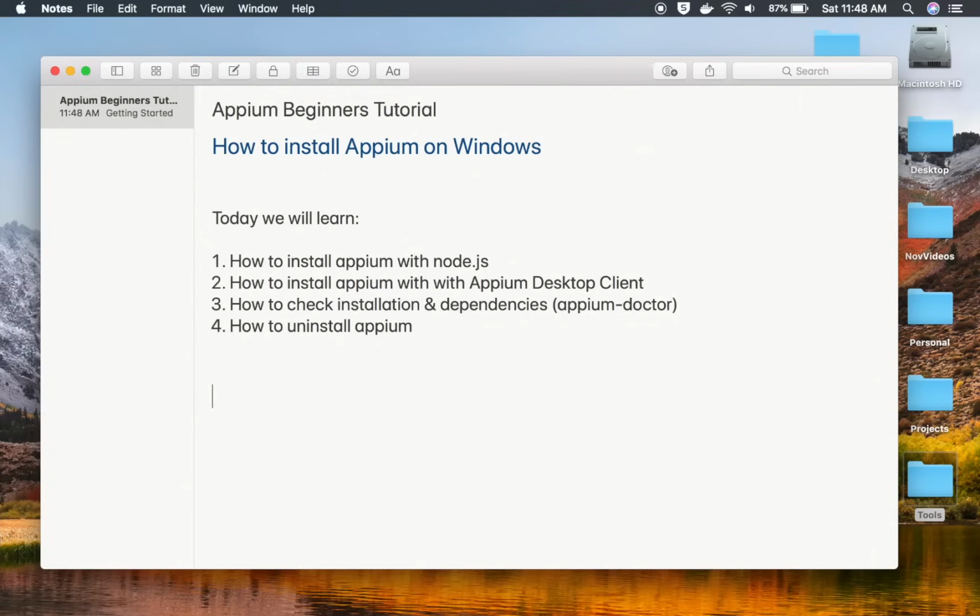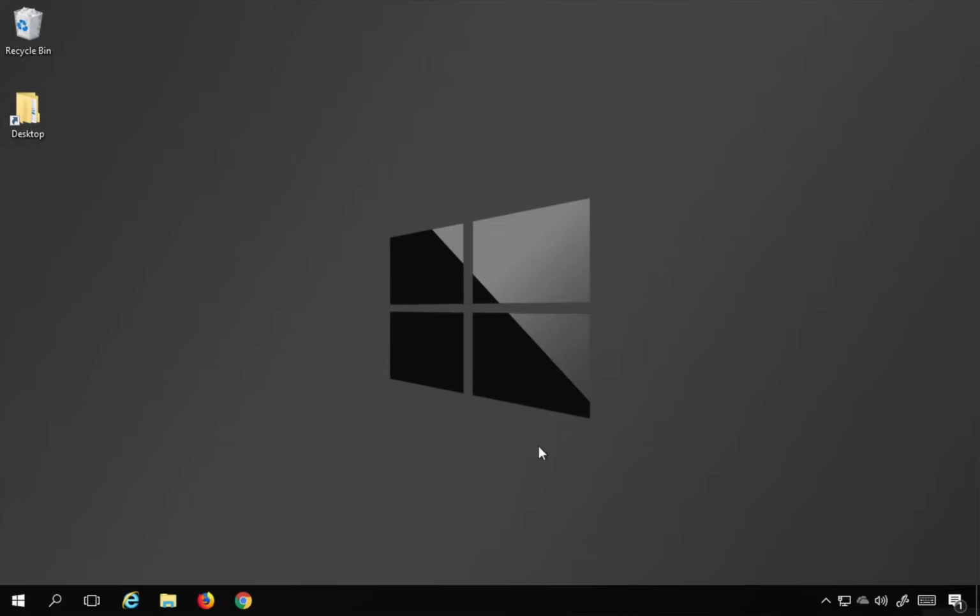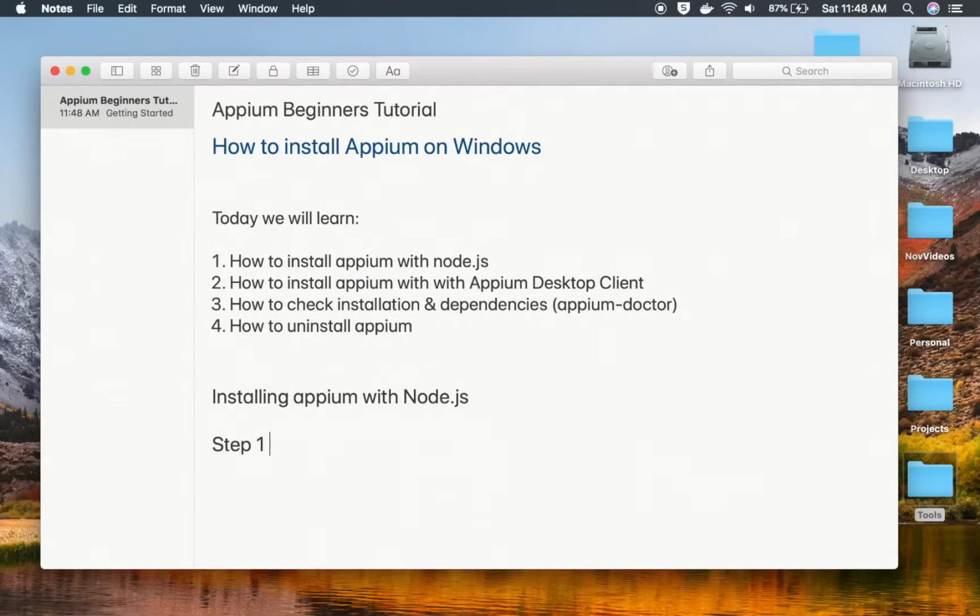So let's get started, and then let us see the very first way, which is installing Appium with Node.js. So this is the very first thing that we are going to see, and here I will go to my Windows and you can see this is my Windows. There is no Node.js, no Appium here, so we are going to start from very basic. So the step number one here will be